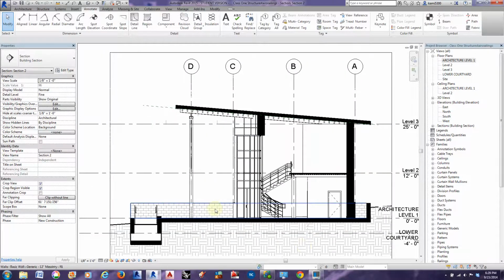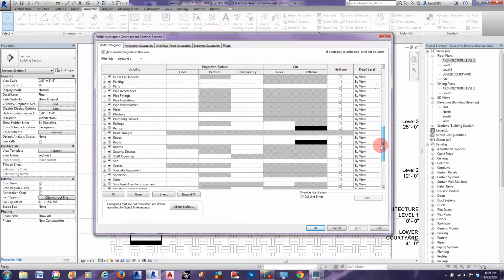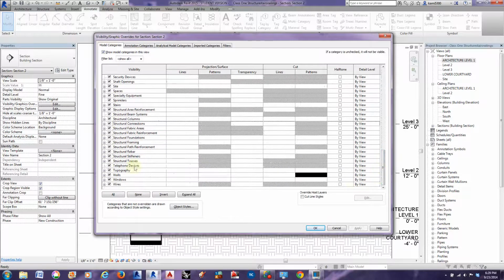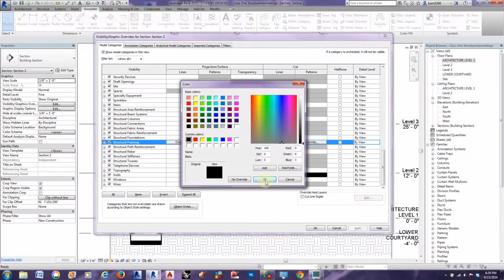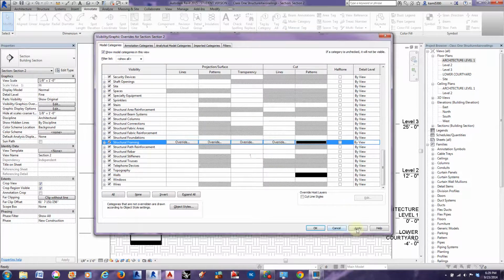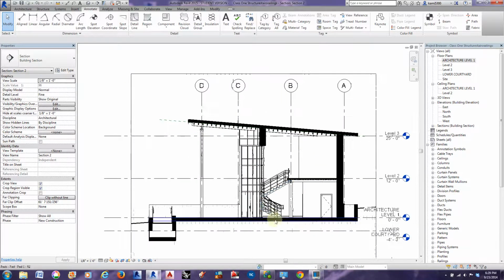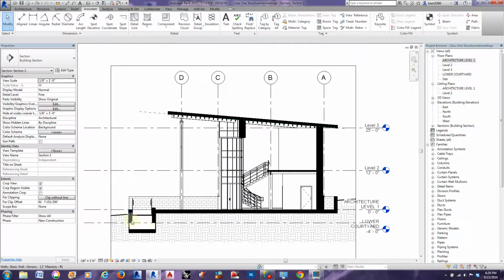Oh, forgot about one more. I always seem to do that. We want our structural framing to also have a black poche. Structural framing, and black, okay. Solid fill. So that's looking better, right? It's starting to look more like a drawing that you'd present in class a little bit,